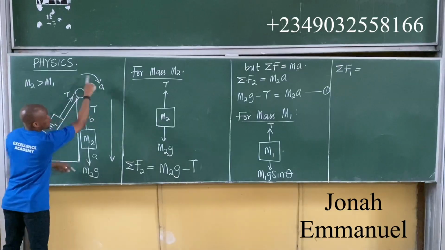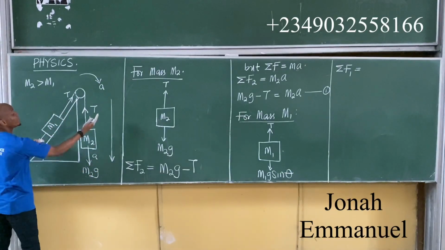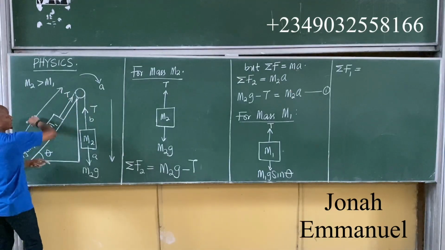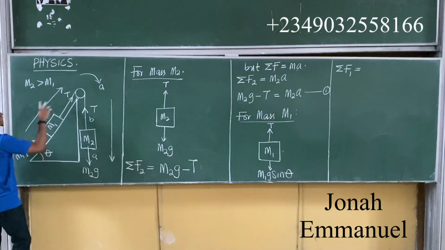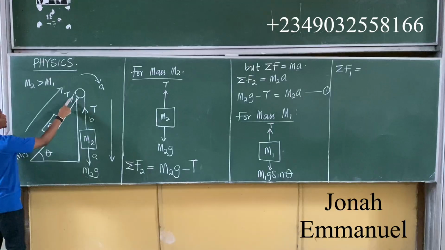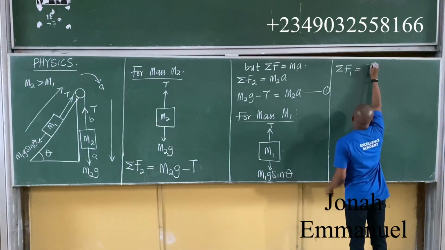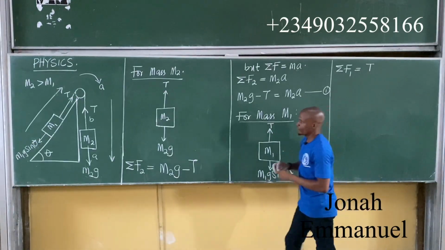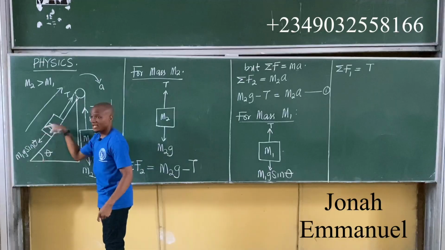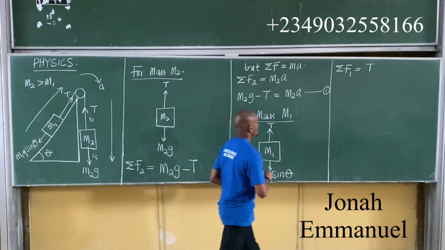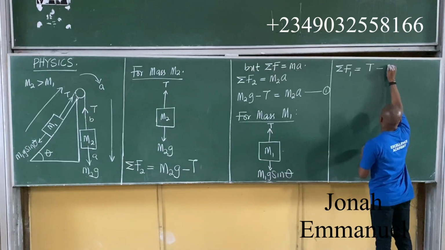It's actually moving this way. So T is going in this direction, so F1 is equal to T in that direction. Obviously, you can see this one going in the opposite direction, so it becomes negative, so it becomes minus